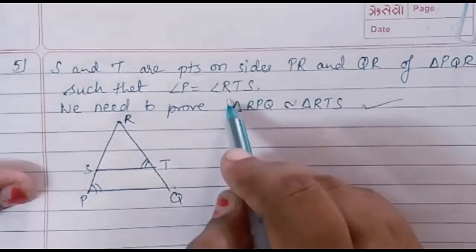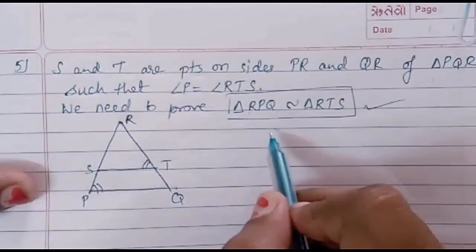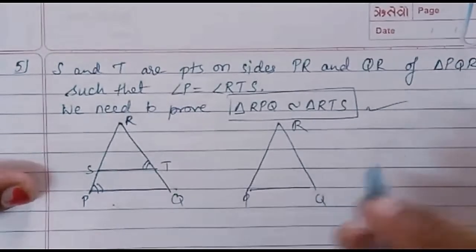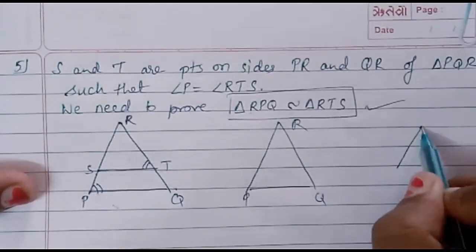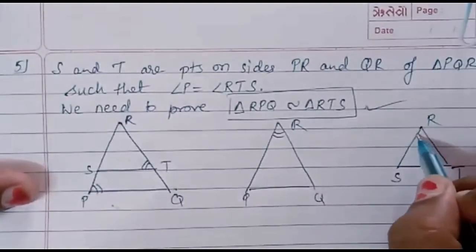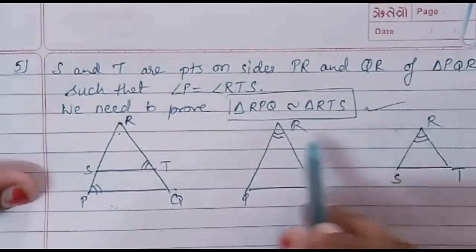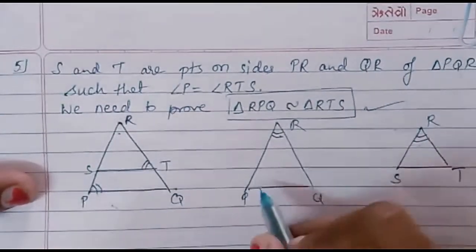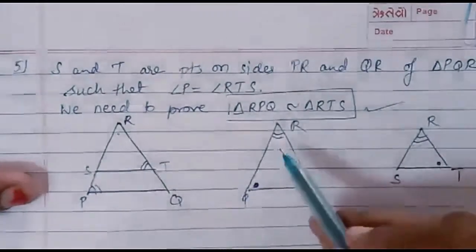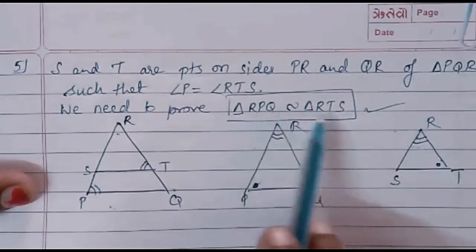First of all, I always suggest whatever result you need to prove, you need to draw those two triangles. So first I'll draw RPQ. So this is our main triangle, RPQ, right? Second is RTS. So this is the smaller triangle, RTS. Can I say angle R is common for both? Yes. So that means measure of angle R will be equal to measure of angle R. Same way, angle P is congruent to angle T. It is already given in the question. So if two angles are equal, obviously the third one will be same. Or we can use AA criterion, the two triangles are similar.